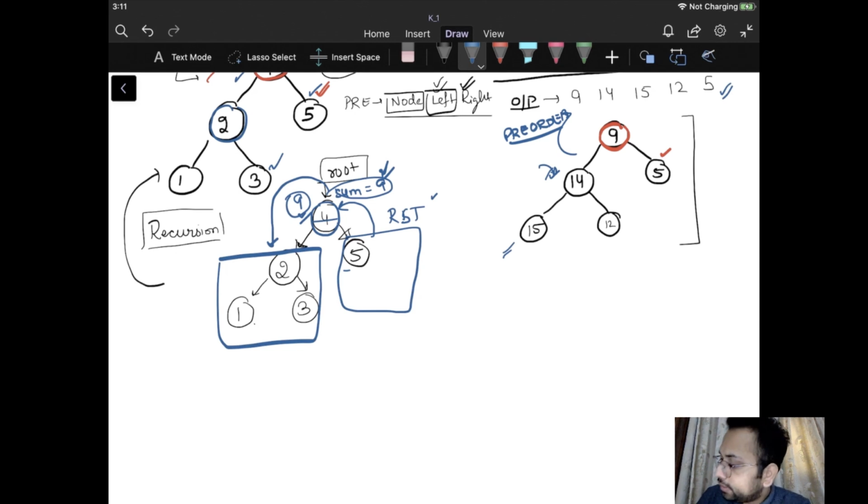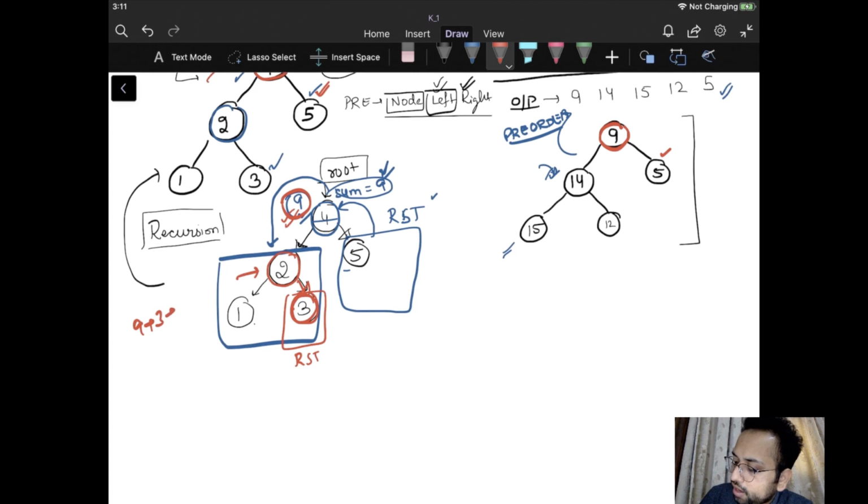Apart from that, what every node should do? It should take the sum of the right subtree because right subtree contains the nodes which are greater than the root node. So I'll add this sum and the sum of the entire RST to this node. So that node will get updated, right? So I'll get the sum 9, I'll get the sum 3.